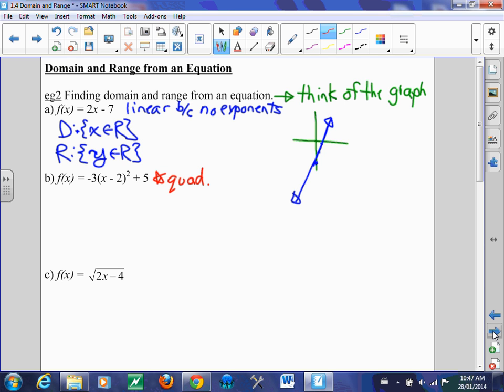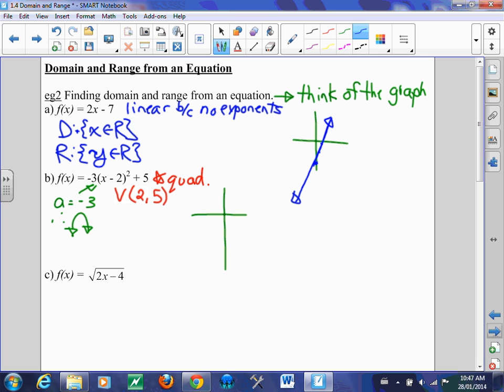Okay? What do we know about this quadratic? First of all, we know that the vertex is what value, guys? The vertex is (2, 5). And we know the direction of opening by looking at a. So a equals -3, therefore it opens down. Okay? So if you wanted to draw that, ladies and gentlemen, quickly,